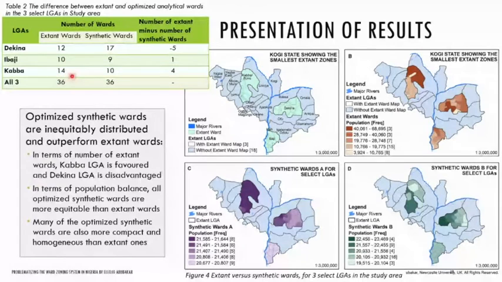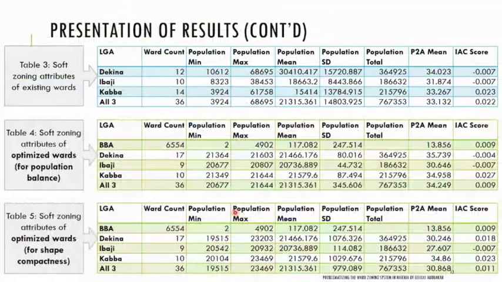You have 36 zones here. And so with these, you have the population of the study area. And with that population, if you divide the population of the study area by 36, you're going to have something like